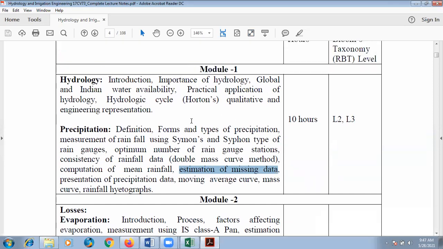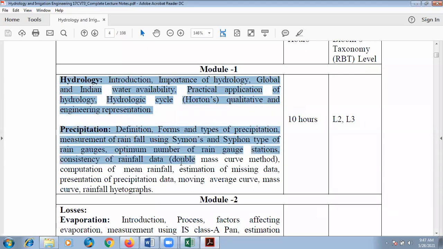So with this, the module 1 gets completed. Just in case if we have anything to get clarification from the topics which are mentioned in module 1, please let me know. Otherwise, let us move on to module 2. Do you have anything to ask from whatever we have discussed till now in module 1? Anything?